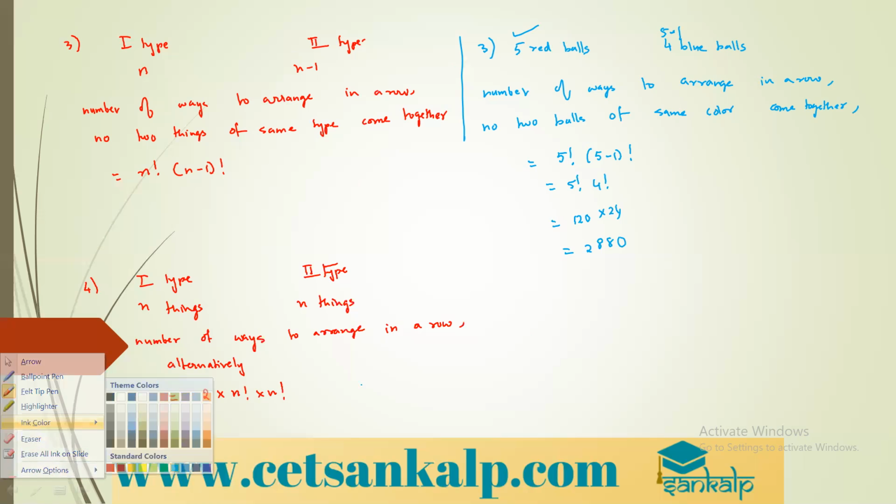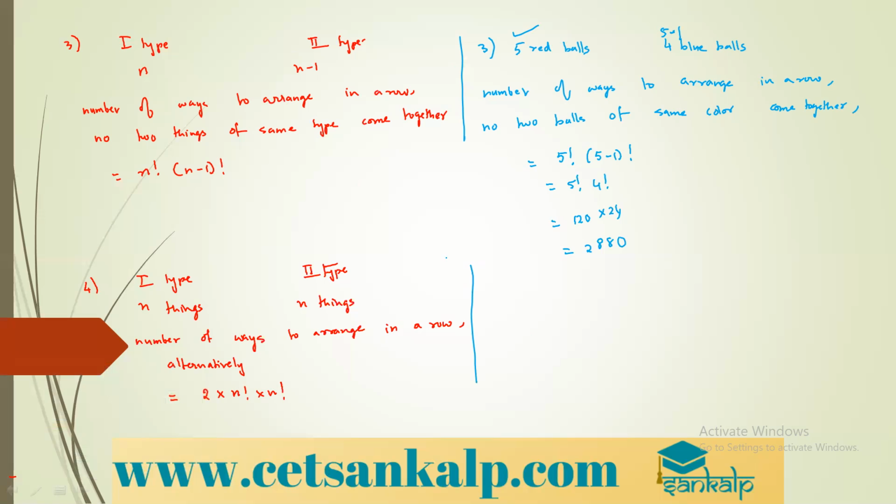Now you need an example for this. So let us take the fourth example here. Suppose there are 5 boys, one type, and the same number, 5 girls, of another type. Now, boys are of one type, girls another type. So, number of ways to arrange them in a row